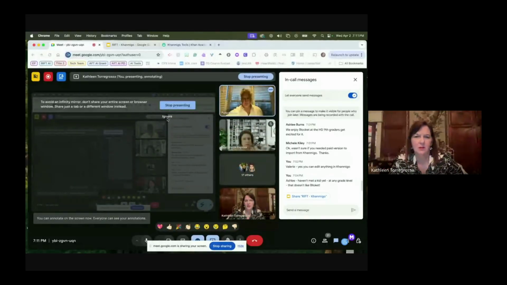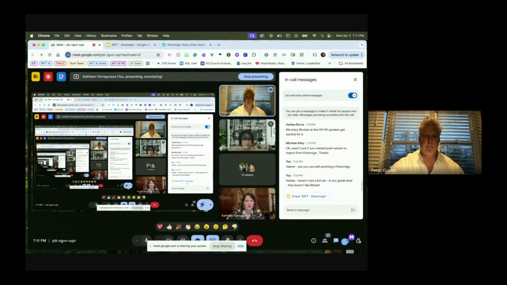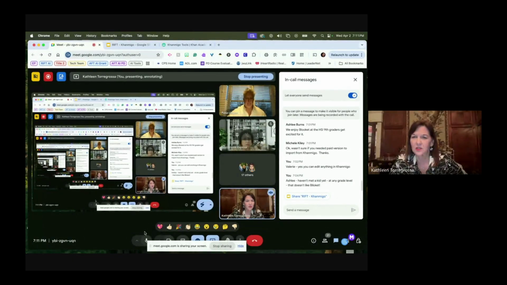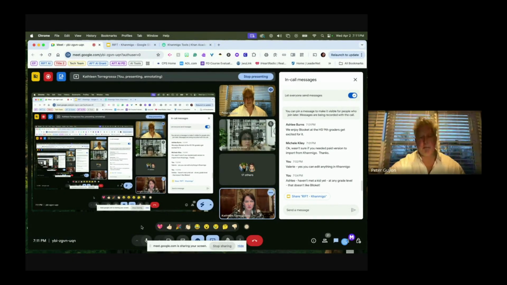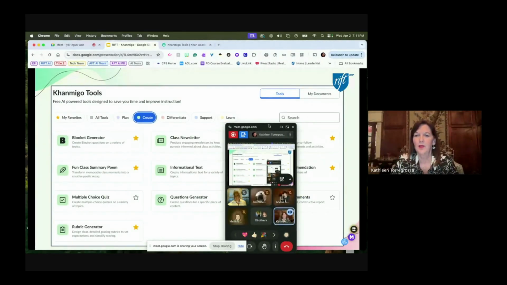Why isn't it sharing? Come on now. Did you share your entire screen or just your tabs? I did my entire screen. It just made it easier because you don't have to click that button that says share this tab instead. No. But now it's telling me ignore this. We see a screen now. It looks to me like an infinity screen. Doesn't it look like an infinity screen to you? Yeah, jump on the slides tab though. At the very top. Yep. There you go. There we go. Alrighty. Thank you. Okay, let me just move this over here.